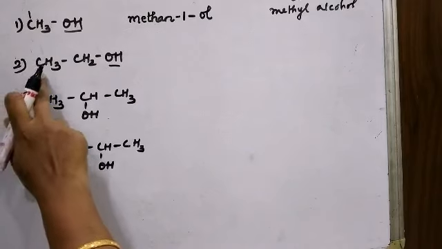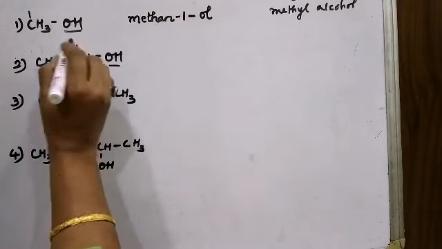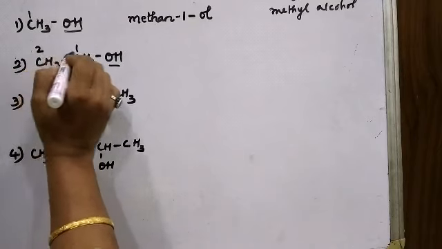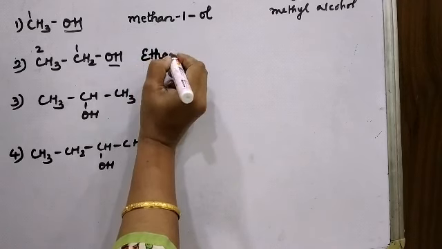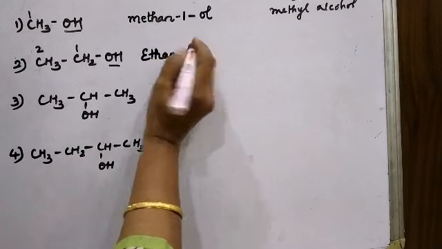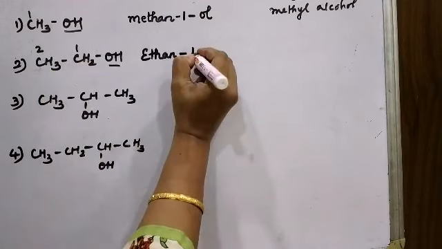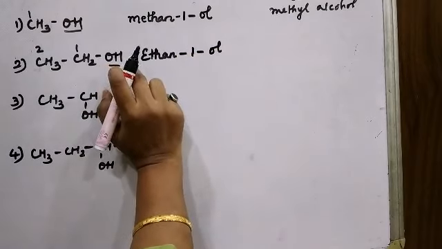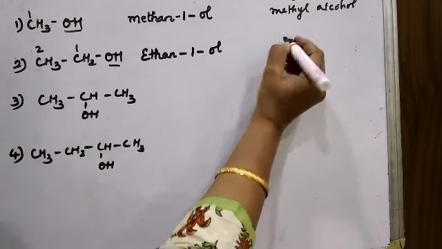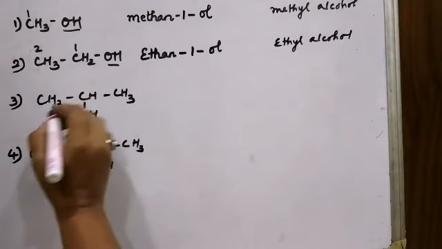Second example, CH3CH2OH. By rule, assign the lowest number to the functional group. So the lowest number should go to the functional group. So we will start numbering the carbon atom from right to left. There are two carbon atoms in the straight chain. The root word will be ethan and not just eth now. Write down the position of the functional group OH. It is on carbon atom number 1. And write down the suffix. The suffix will be OL because the functional group is the OH group, which is an alcohol. So ethan 1-ol will be the IUPAC name. The common name is ethyl alcohol for ethan 1-ol.